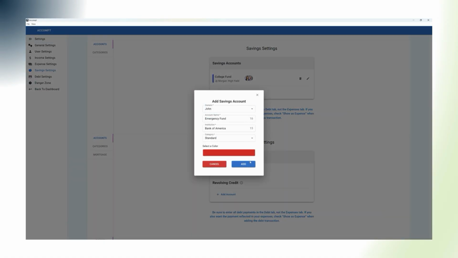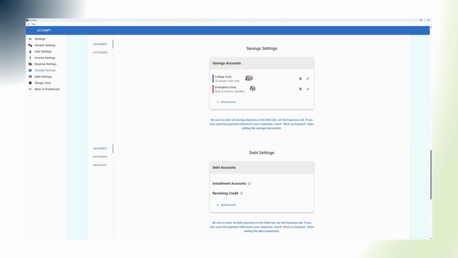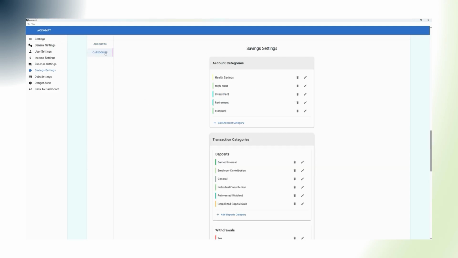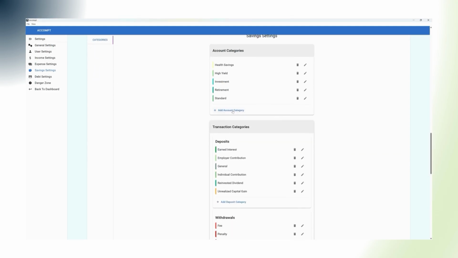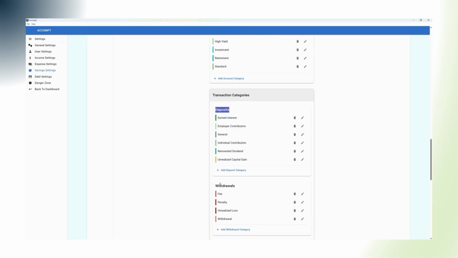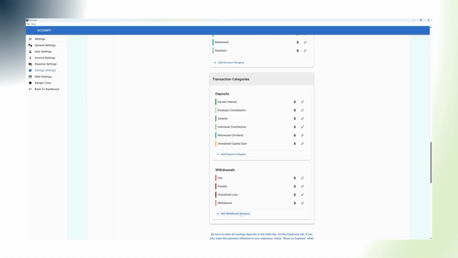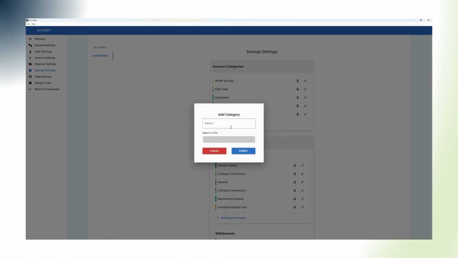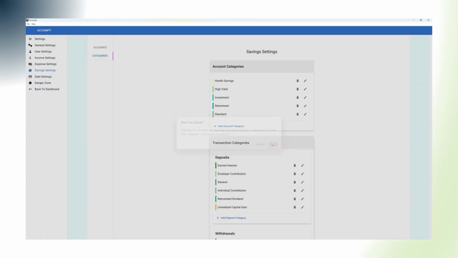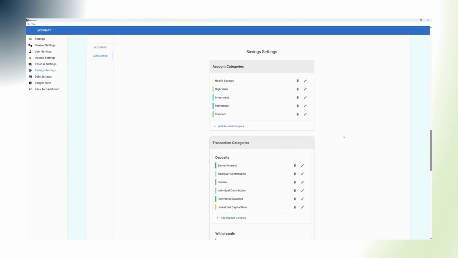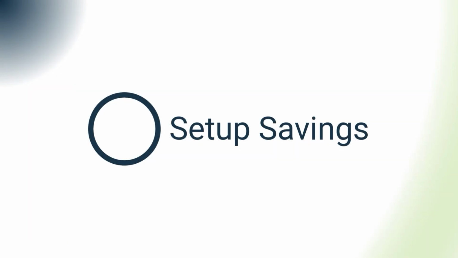Savings categories can be managed by clicking the Categories tab. You will see savings categories for both accounts and transactions. Transaction categories are further divided into deposits and withdrawals. A new category can be easily created by simply clicking the Add Category text and entering the name and color identifier. You can also quickly edit a category or delete one that you don't need. With your accounts and categories in place, you're ready to monitor progress and stay on track to hit your savings